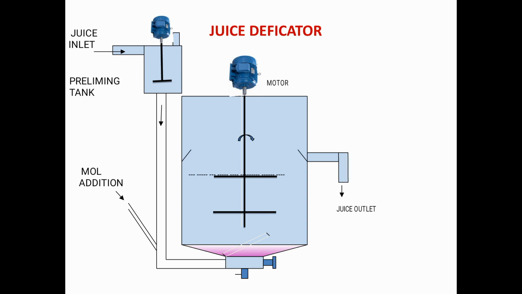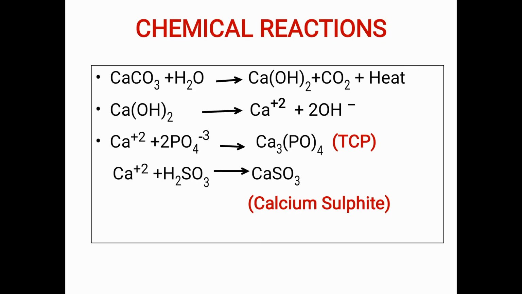So this will be lime addition and then gas. If in this line only we are adding lime, and sulfur dioxide gas is here, then this process will be called shock pH. If this gas is here and the lime will be here, with a maximum of 1 second difference between their application, then that will be known as simultaneous chemical addition, simultaneous liming. So these are the reactions as I have told you earlier.